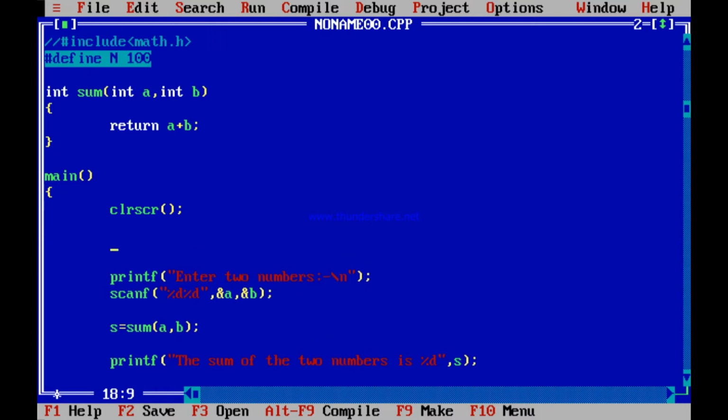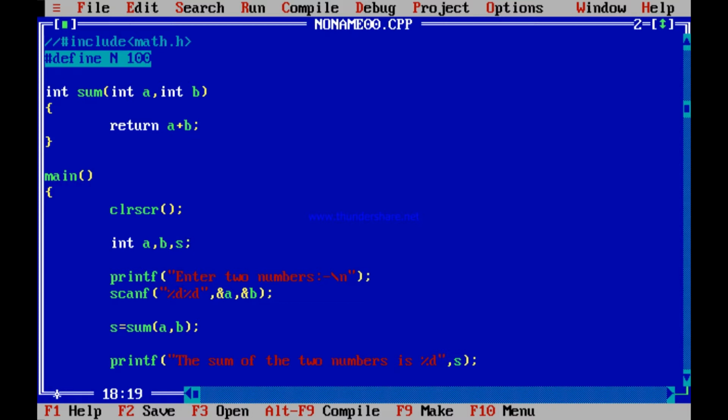If you change this program to, say, difference instead of sum, then you can return a minus b. Instead of that, product, you can return a into b. In case of division, you can return a by b. But what is the variation I want? First, let me run this program and you see that it runs absolutely fine.